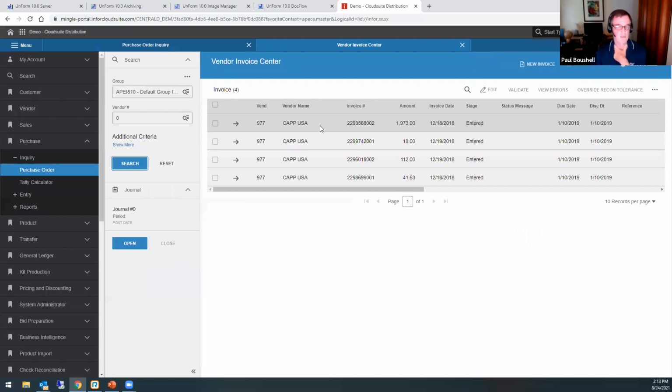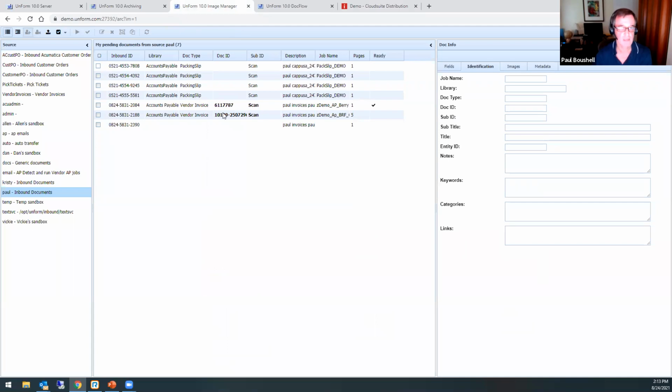So they get pushed into AP Invoice Center. It's essentially the same functionality you use to bring in EDI transactions. So that's kind of what we're piggybacking off of. So that's one of the ways that you can use Image Manager to not only automate just the indexing of documents, but it also can automate the data entry on those documents as well.